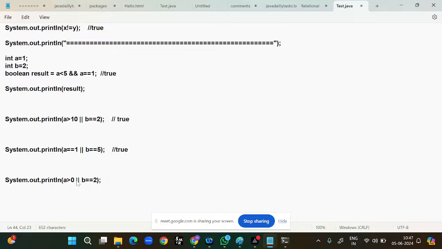A is greater than 0 and b equal to 2. In this case, a is greater than 0, meaning 1 is greater than 0, this one is true. Okay, b is 2, 2 is equal to 2, then true. True. So what about